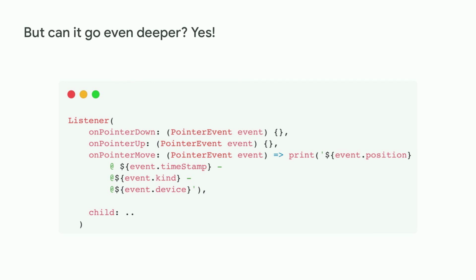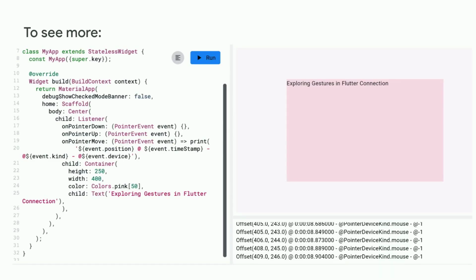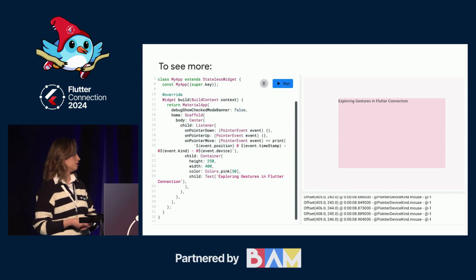It has a pointer event, and pointer events have position, timestamp, kind, device, embedder ID, and even more. So once we just log this, it is just a simple rectangle for us to see. Now you can see offset, you can see timestamp, pointer device kind as mouse, and so on. This could be touch, mouse, trackpad, stylus. So now you can actually differentiate between device kinds. And you actually have at the end the embedder ID, in case you connected multiple devices to your main